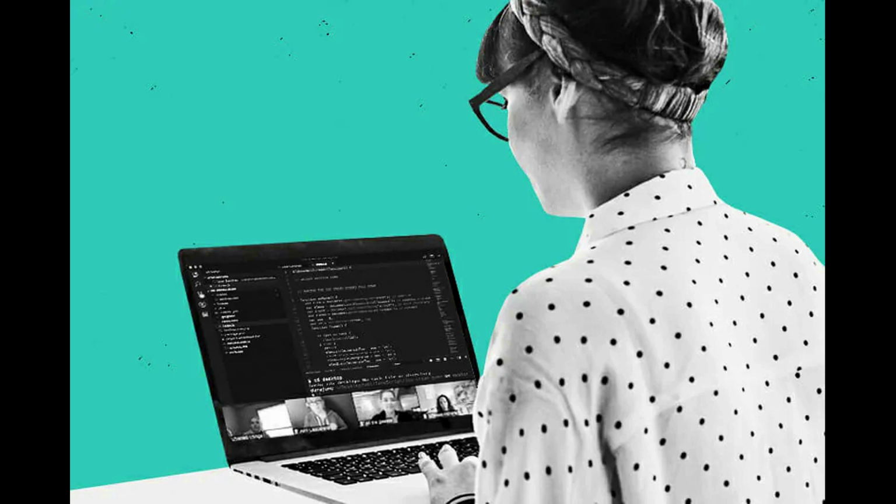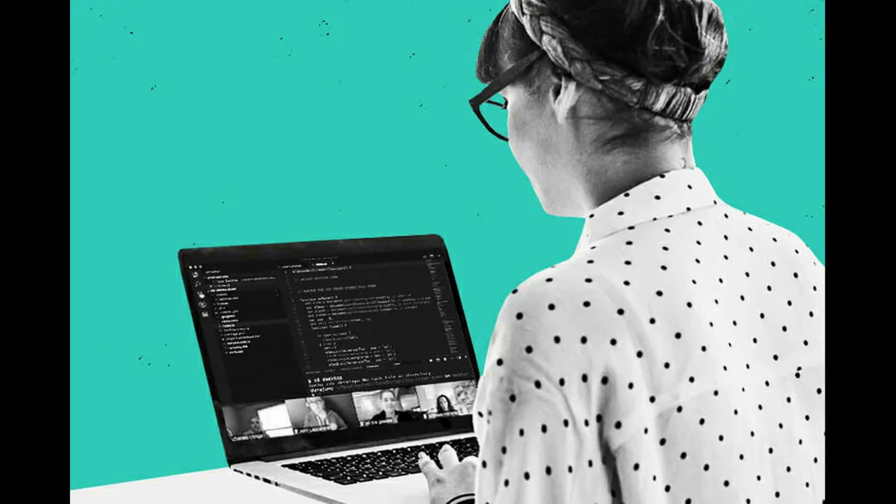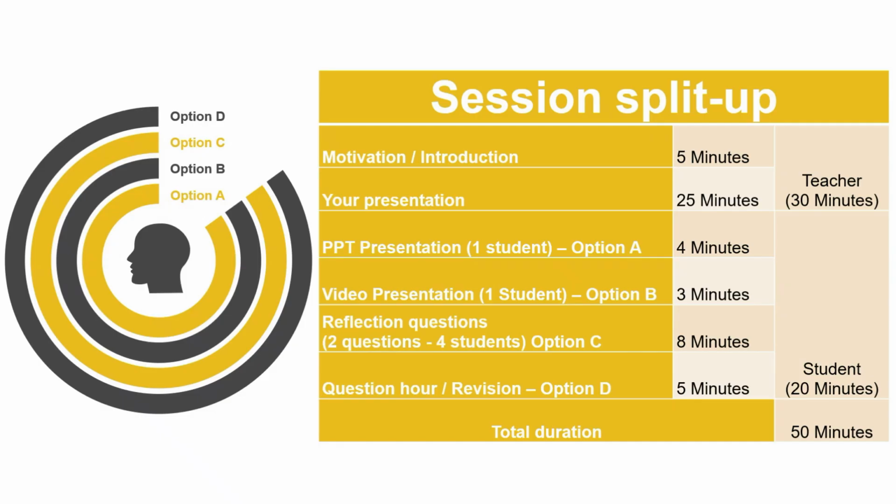Because if you allow the student to be the presenter, what will happen? If they show any inappropriate content, then that will become a problem during online teaching. So in order to avoid this, the teacher must be the presenter. He can play the content and the student can explain it. This way you can split up the session, and I hope this may help you to some extent.